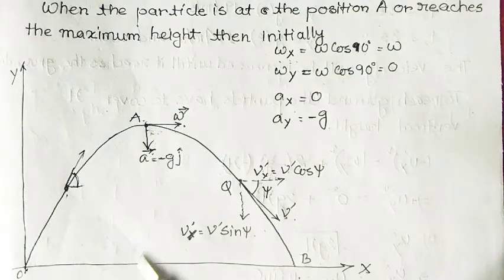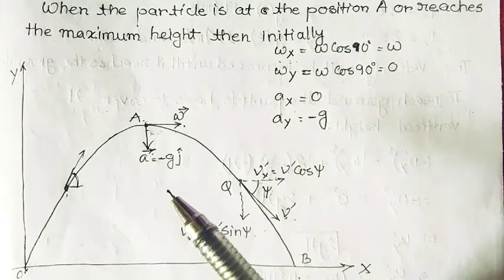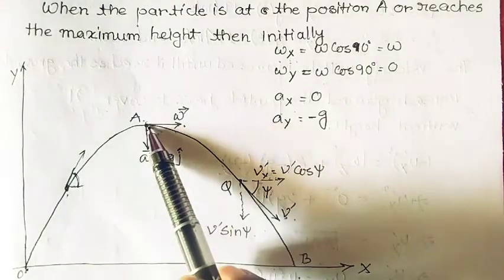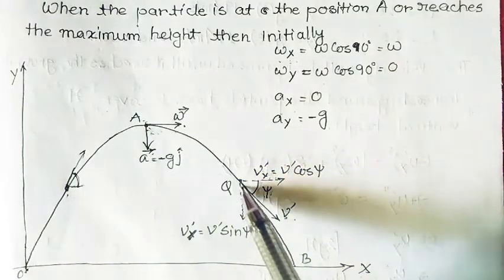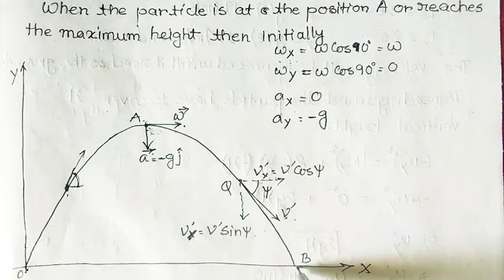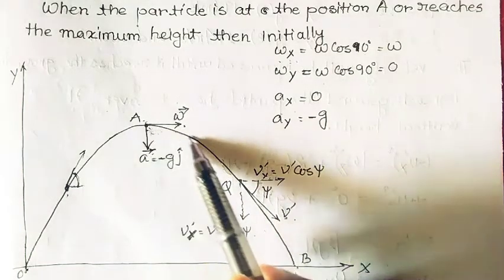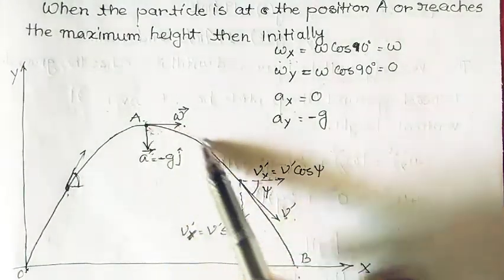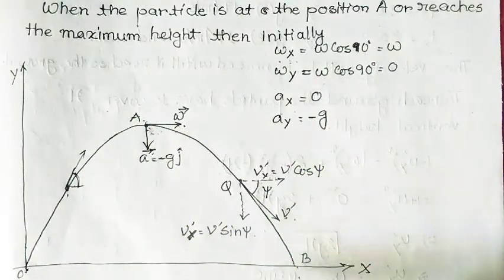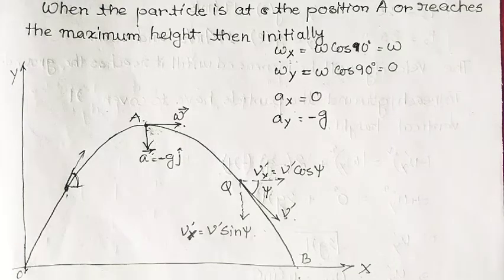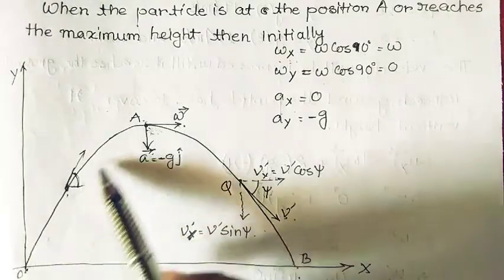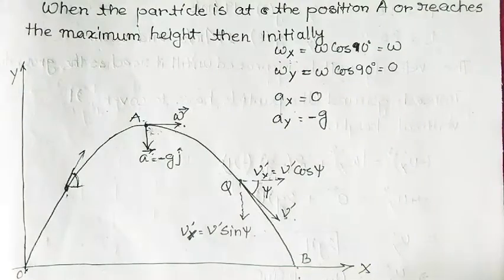Now we are starting the discussion from the point where the particle is at the maximum height. Now it comes downwards and strikes the ground at the point B, and this is the complete trajectory of the projectile motion. So basically we are distinguishing what the difference is between the upward motion and the downward motion, and what the similarity is between the upward motion and the downward motion.